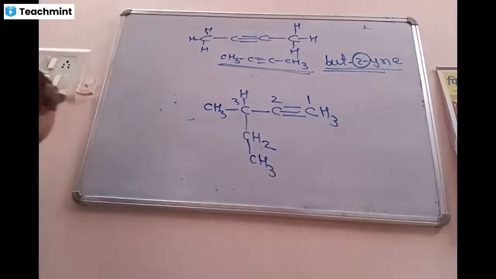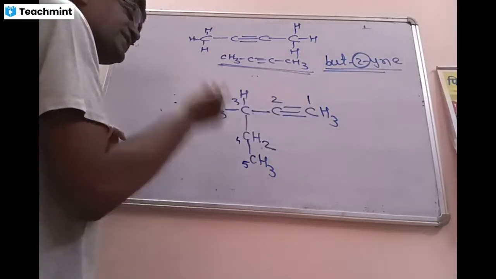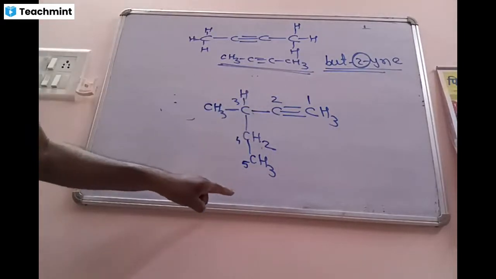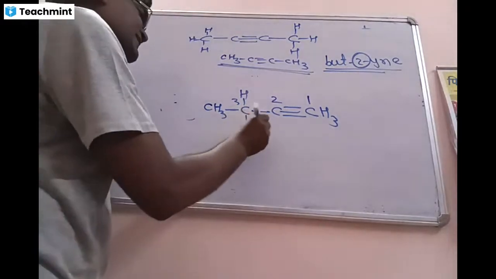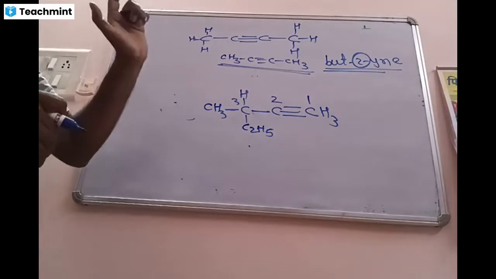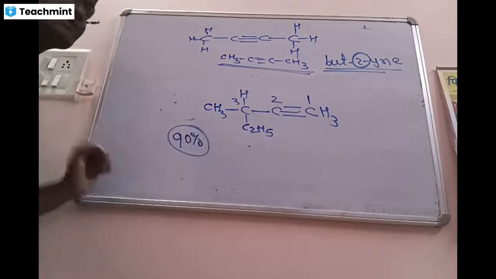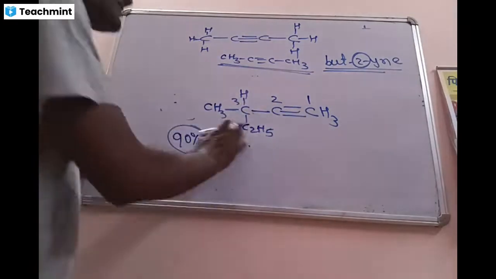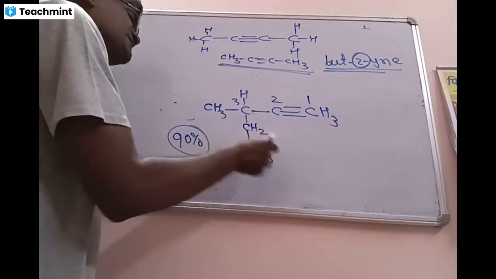Is there any problem? No. 1, 2, 3, 4, and 5. So you can go like this. This will be the longest one, right? Instead of this, sometimes people used to write C2H5. Then 90% of students go for 1, 2, 3, 4. That will be wrong. If you expand this C2H5 as a CH2 and CH3, then you can go for the